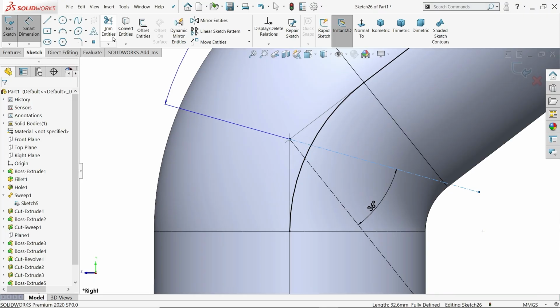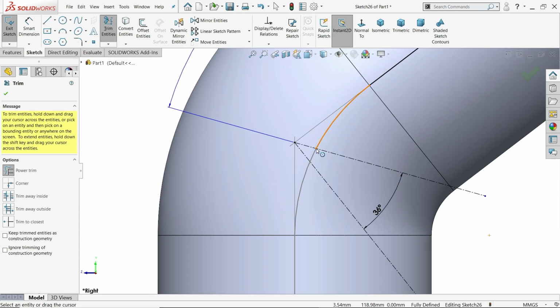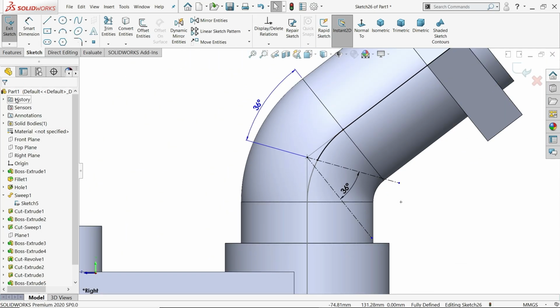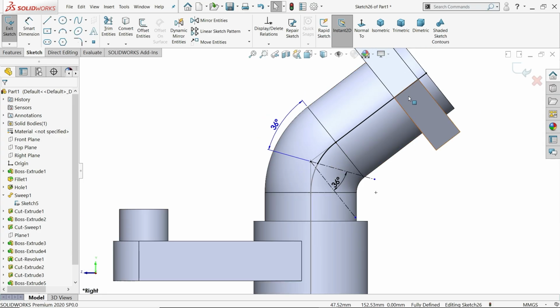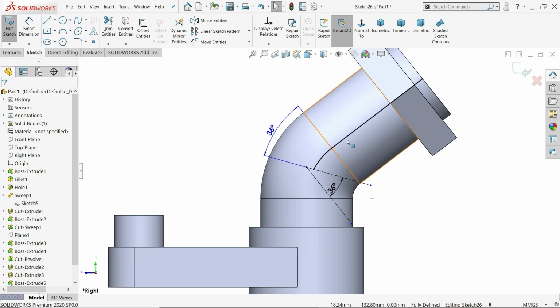Okay, trim entity, power trim, trim this one, trim this one. We need up to here. See, this is a fully defined sketch. Hide. Now this is the balance result. Exit,